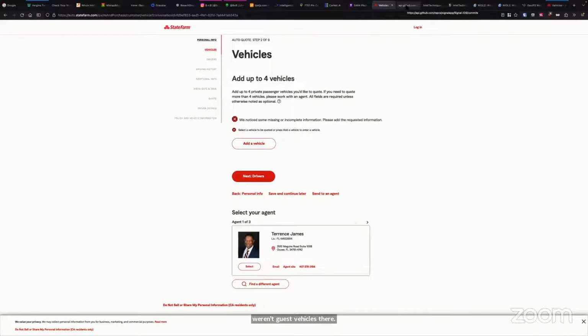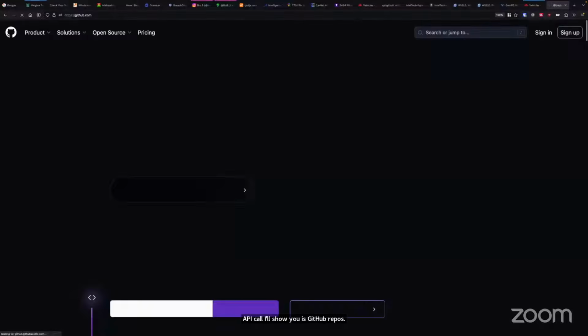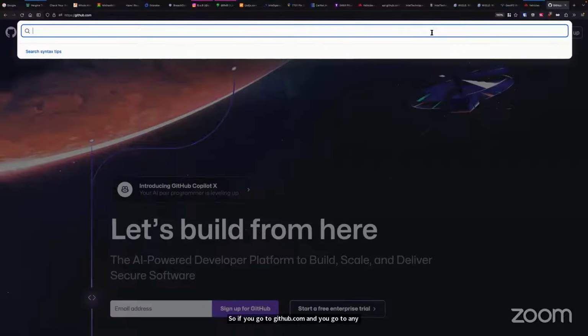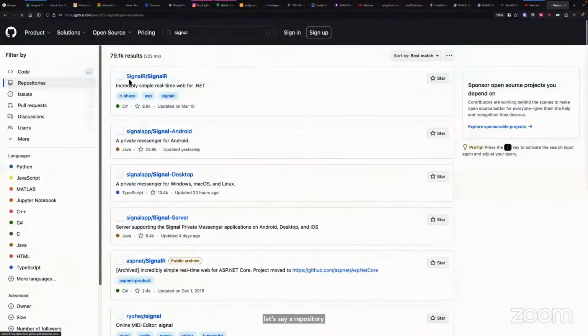One last API call I'll show you is GitHub repos. If you go to github.com and go to any repository, let's say Signal. Signal is open source.